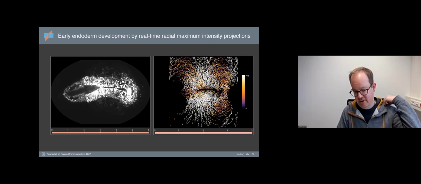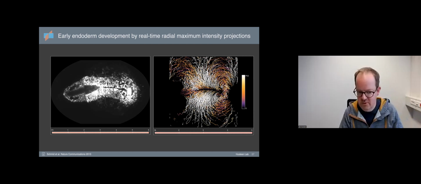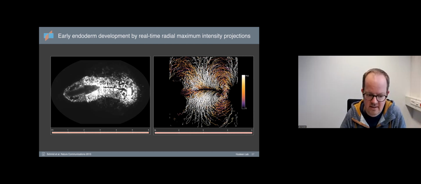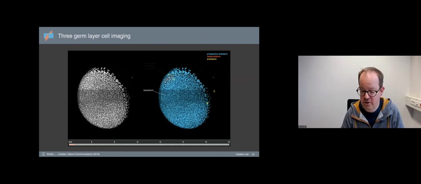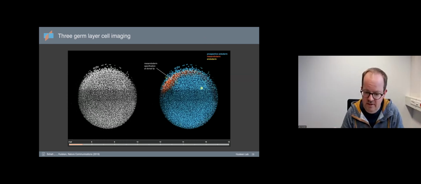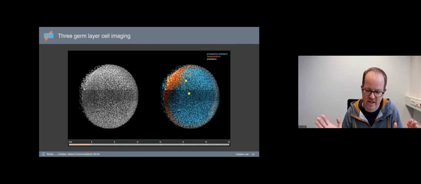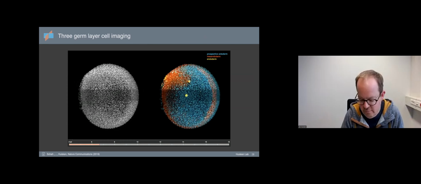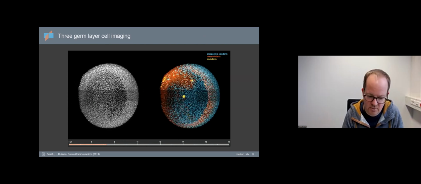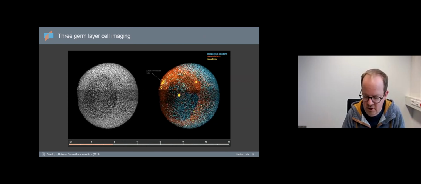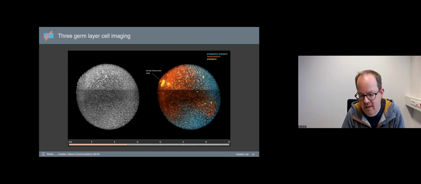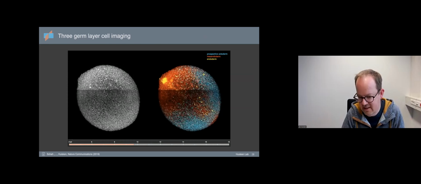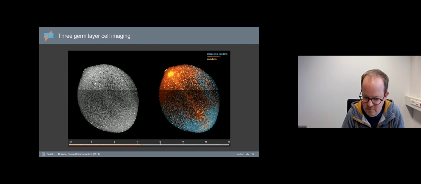So what I didn't mention here was that this is only the endoderm. It's only a single cell layer in these embryos. If you were to image all 3 germ layers at the same time in 3 different colors, then you essentially have to give up this concept of imaging these individual layers and do the spherical projections. You actually have to do the tracking in 3D. But very quickly you realize that the segmentation and tracking is pretty hopeless